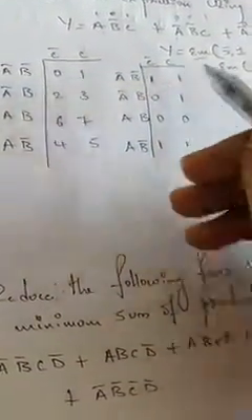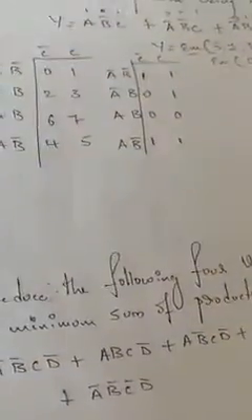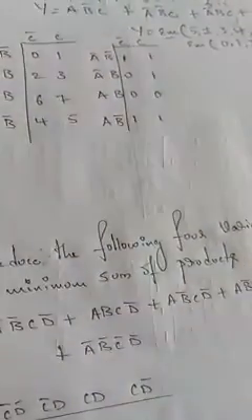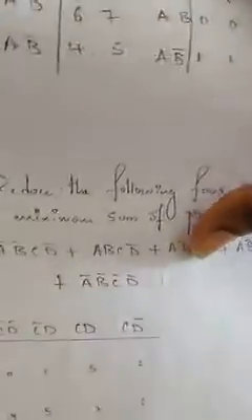So I can make this as a pair and this as a pair. This is the first impression that comes to your mind, right? But you should think in a deeper manner. You should go with the second method: is there any possibility of a quad after rolling the K-map? After rolling the K-map like this, is there any possibility?